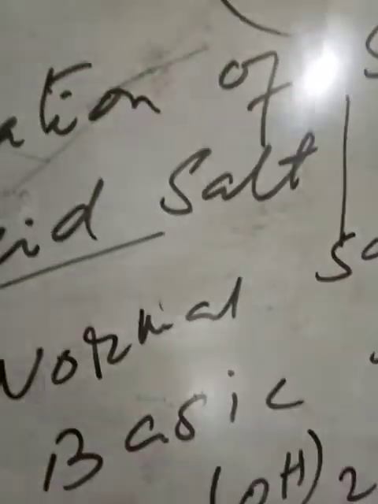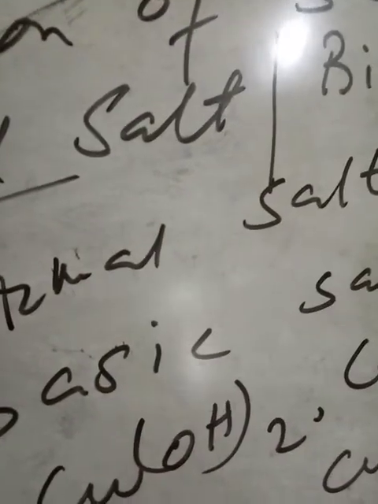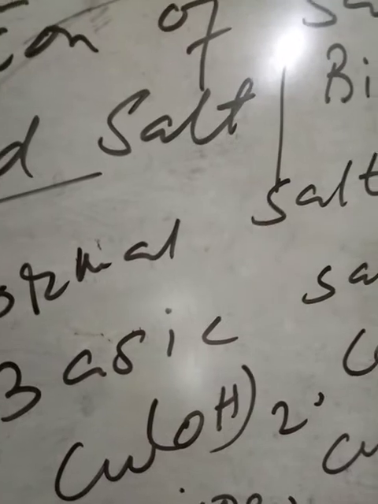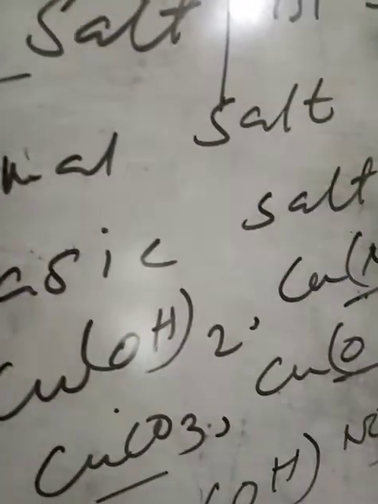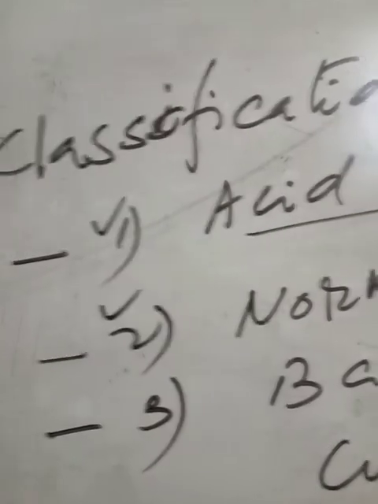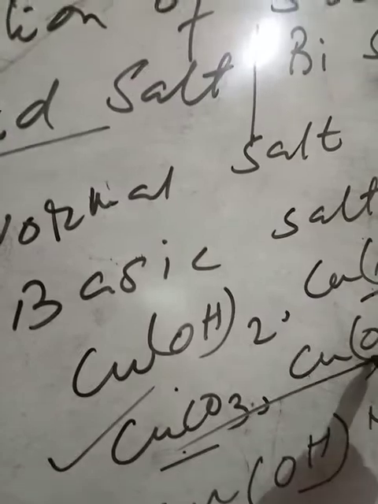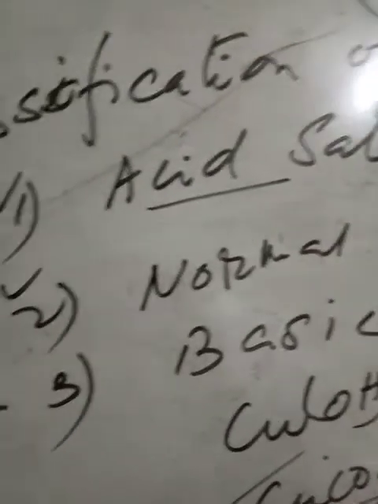In your book, you will also see examples like this. That means the hydroxide group is not fully replaced. You may give an example like this: cupric carbonate, basic copper carbonate, or like this. These are basic salts. These are in your syllabus. Besides this, there are some other examples of salt